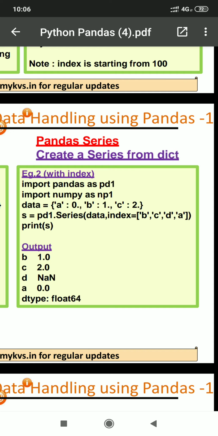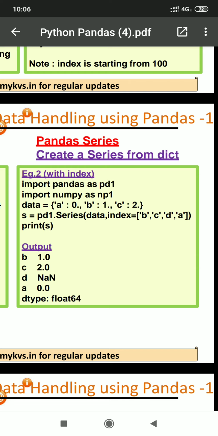Okay, now with index, what we are doing here is making some changes in this program. Here we are creating data as a dictionary with the same values, but passing data with index as an argument, and here we are changing the order to b comma c comma d comma a. The value remains at the same key.